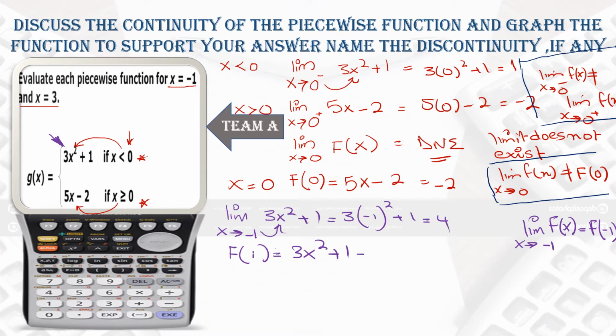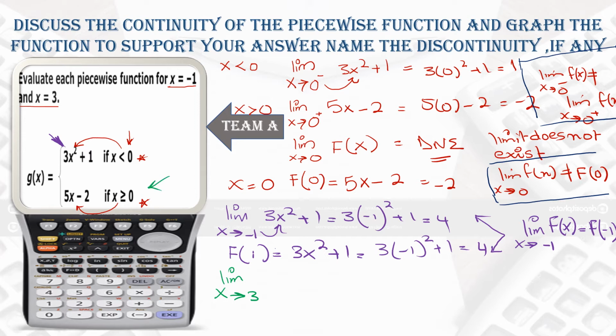And here also you will get the same thing because the equations are exactly the same. So from here you can conclude that the limit and the function are equal. Now, not only this, you have to read the limit and the function at x equals 3. For the limit as x equals 3, you would write the limit as x approaches 3 from the left and from the right. No need, because in both ways you will take the second equation.